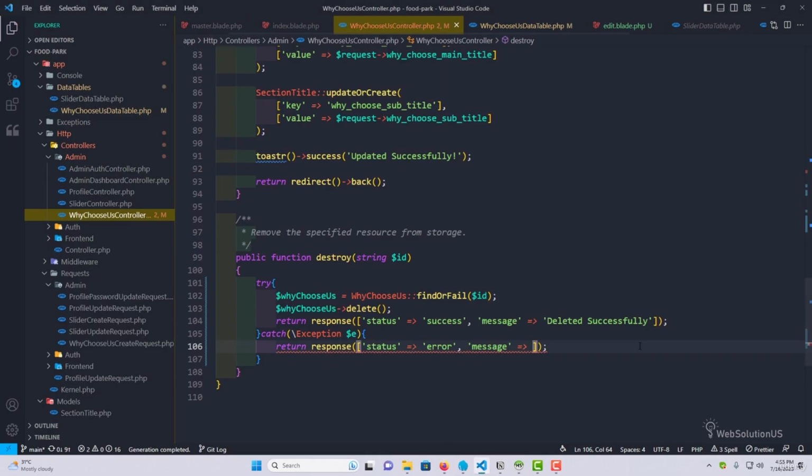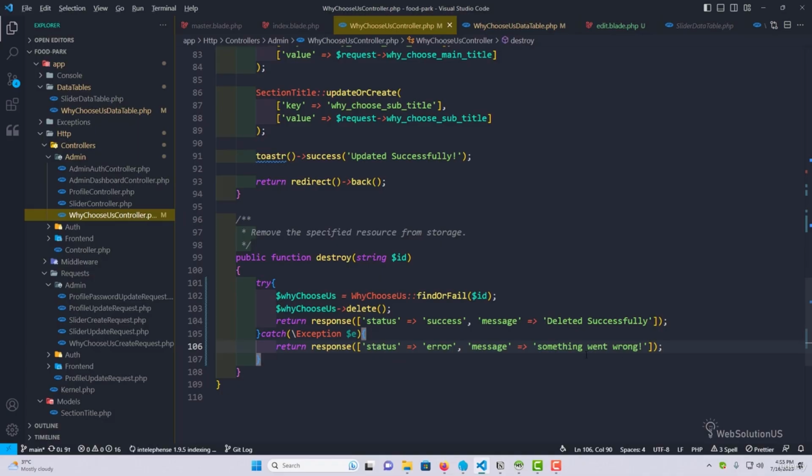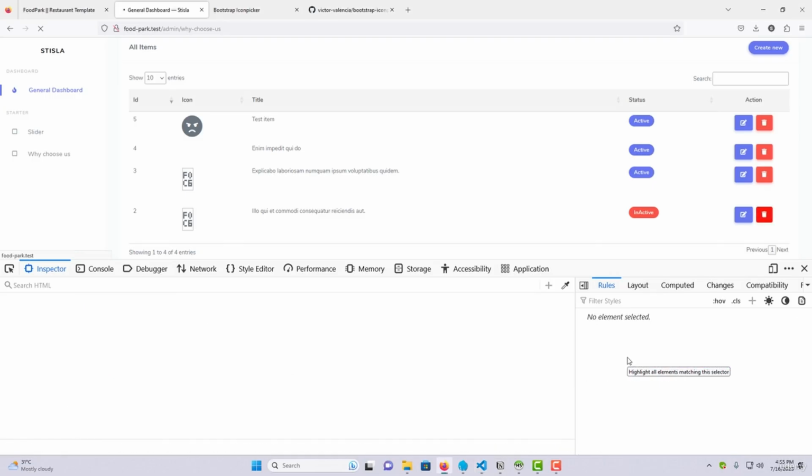Instead, we can add some other hard coded message. Let's add it here, put the cursor, press Ctrl dot, and it will give us some suggestions. Something went wrong. Okay, so now if I try it again, if I refresh this page,